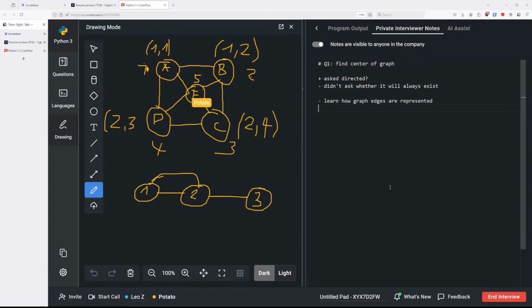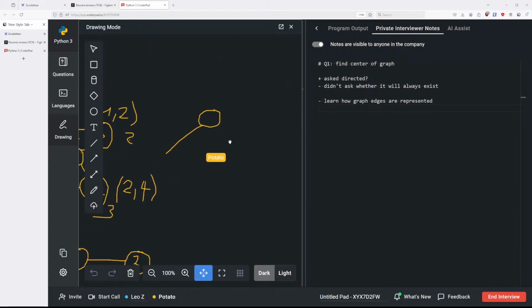In this case, if we start from A, then A goes to B, and B can also connect back. If we look at another example, a graph like this,